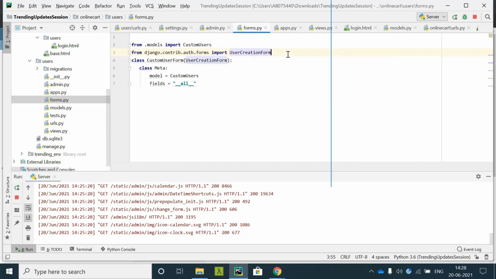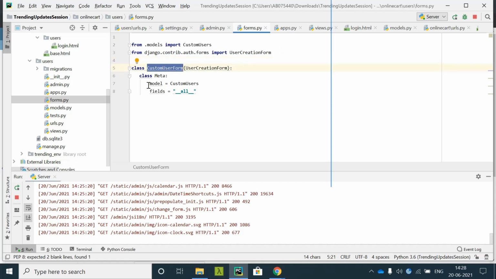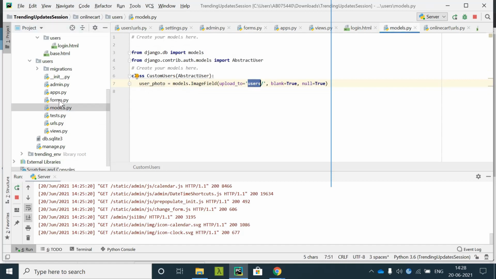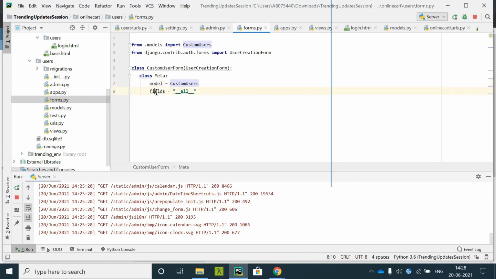This is how you first import whatever form is available from the Django side. This custom form you develop, and here under Meta you mention the model that you need to display, CustomUser. Inside the form's fields, I want all fields to be displayed, right from password to everything else.